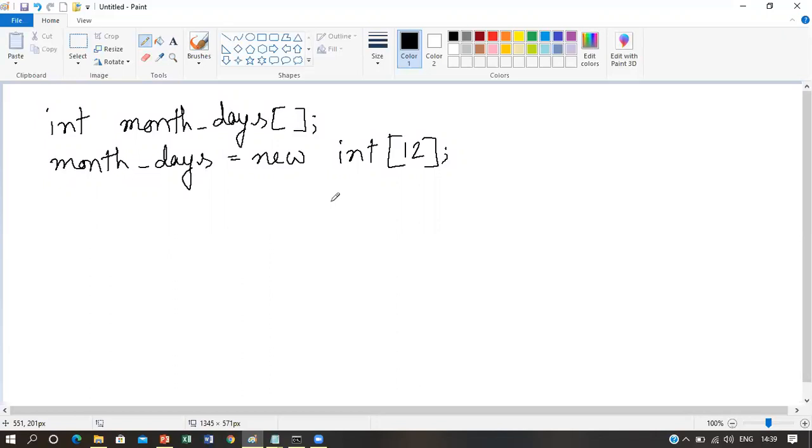Now, once you have allocated an array, you can access a specific element of the array by specifying its index within square brackets. And we all know that in case of C or C++ languages, all array indices start at 0. In case of Java also, all the array indices start at 0. Now say for example, we can take this array month days, in order to access a specific element from this array. So let's write it like this.